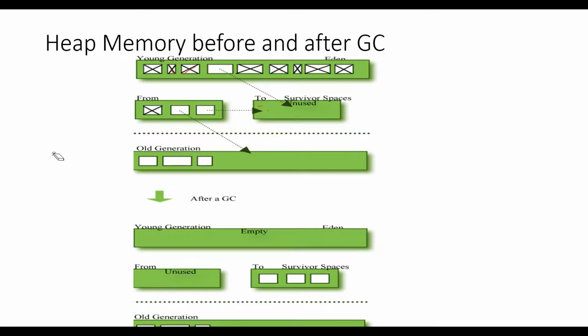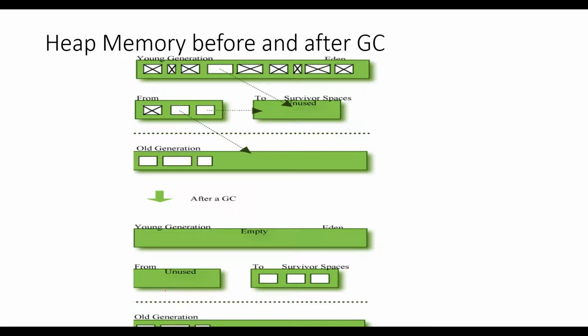Now what will happen to the memory once an entire GC cycle is completed? You can see in the picture below, after the GC cycle is done, the young generation is completely empty now. So there is space for new objects to get created, and whatever new objects are arriving, you have some breathing space inside the young generation. And you can also see there are some objects in the two survivor spaces, and some objects are moved to the old generation. One survivor space will be unused.